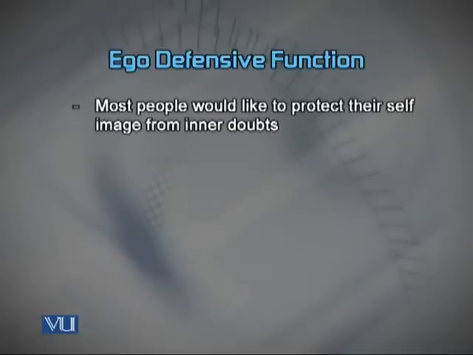Now, the third particular aspect is when we look at the ego defensive function. What is the logic of the ego defensive function? The logic is that some people try and look at their personalities and they become defensive about their egos. And their worry is that if they use something, it might have a negative reflection on them. So now what the marketer tends to do is that he wants to bring about an